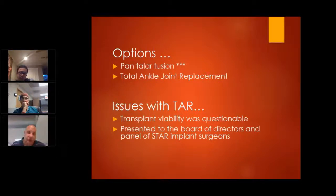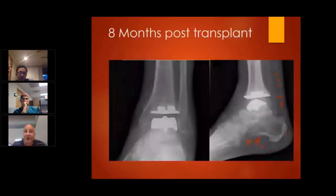I presented this case to the board of directors and the panel of star implant surgeons, and they thought that this would be reasonable to attempt a total ankle replacement since it's primarily axial loading. So we did it, and it came out nice. And this is 8 months post-transplant. The patient was very satisfied, normal range of motion to the ankle joint for an ankle implant, and in fact, he was working on this very diligently with a physical therapist. Bottom line is that